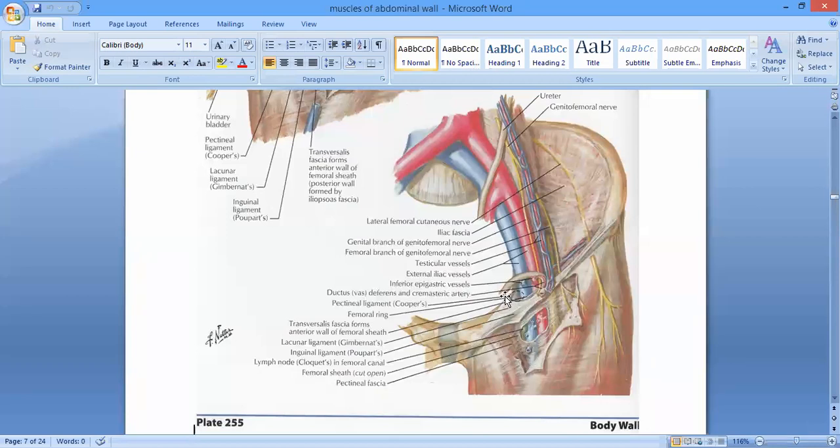The problem तो नहीं pectineal ligament में. So the lacunar ligament, if we trace it superiorly, it is going to be continuous again with thickening of the periosteum in this region above the pectineal line, and this is called the pectineal ligament of Cooper. ठीक है, also called the pectineal ligament of Cooper. ये जो आपका lacunar ligament, it is also called Gimbernat's ligament. ठीक है, Gimbernat's ligament. Lacunar ligament is also called Gimbernat's ligament. Inguinal ligament का दूसरा नाम मैंने अब क्या बताया था आपको?